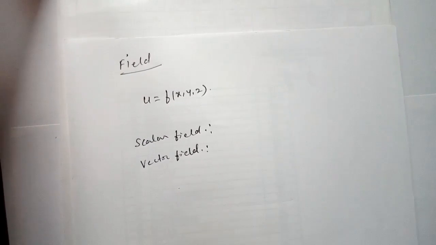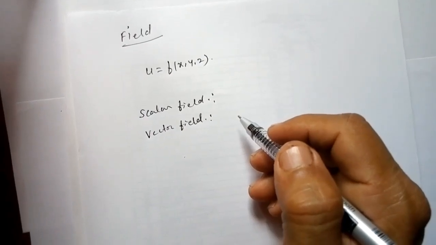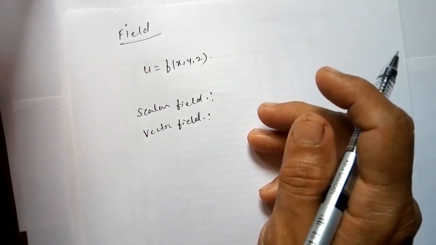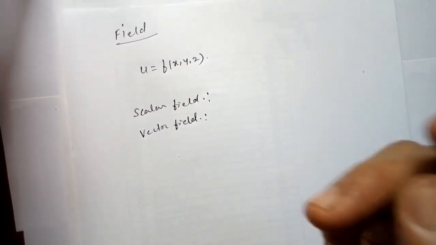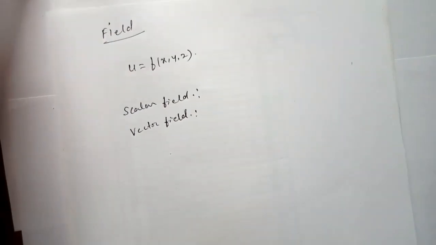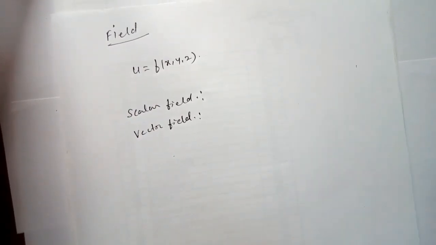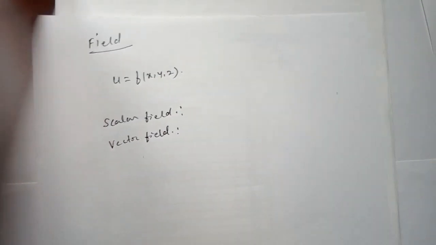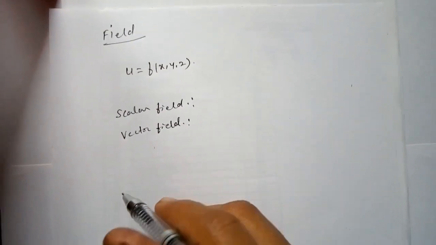Similarly, a vector field is a region in space in which a vector quantity is continuous and defined by a single value at every point of the position variable. For example, we took the electric field as a vector field. Similarly, the gravitational field acting on a body is also an example of a vector field. We have discussed this in our regular class. I am going very fast, just recalling, so I am not spending much time on this.